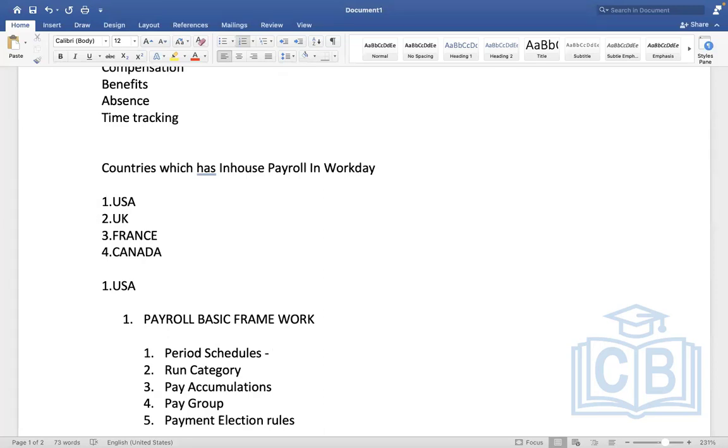For example, an employee might get paid on a weekly basis. An employee might get paid on a monthly basis, semi-monthly basis, bi-weekly basis. Based on the employee pay frequency, we need to create period schedules. It's up to the customer's call what the current pay frequencies they have are. In this period schedule, we will define, for example, just an example so that it's easy to understand,